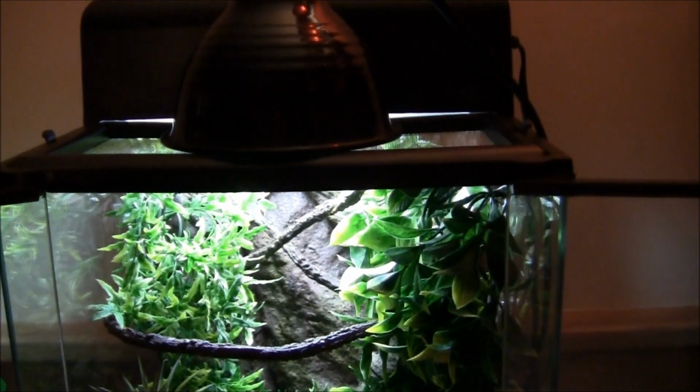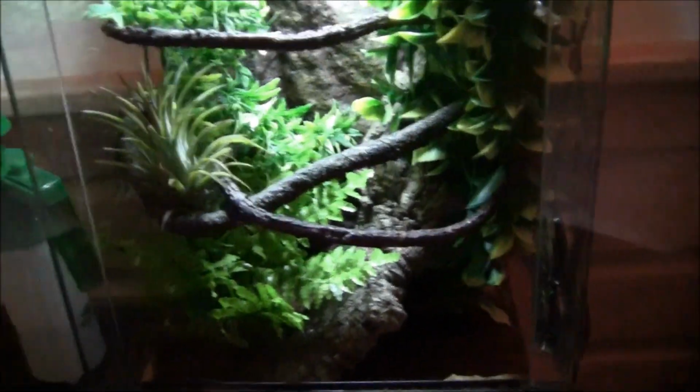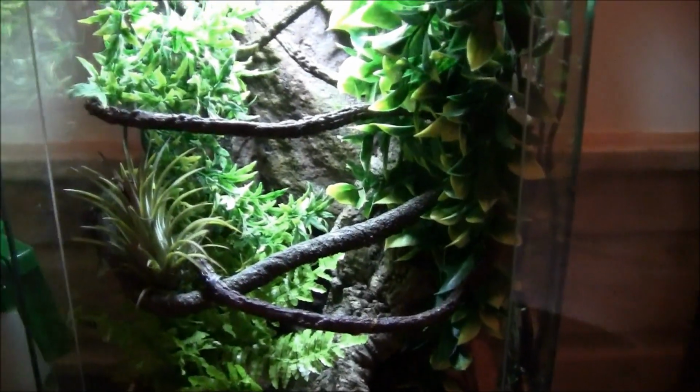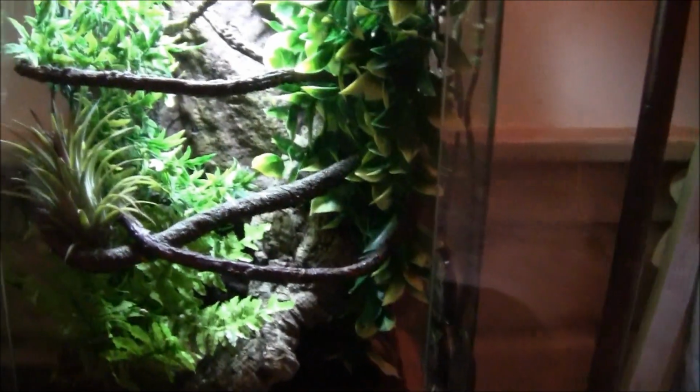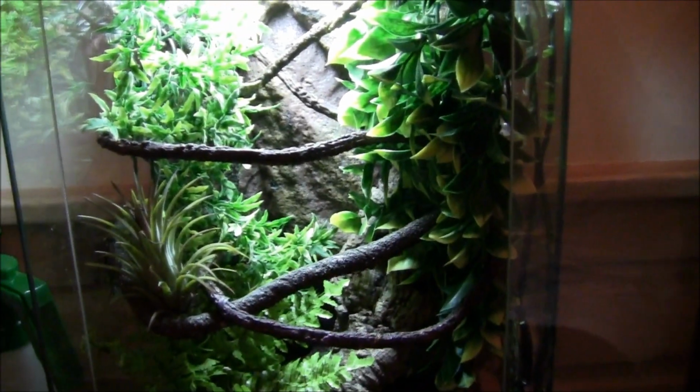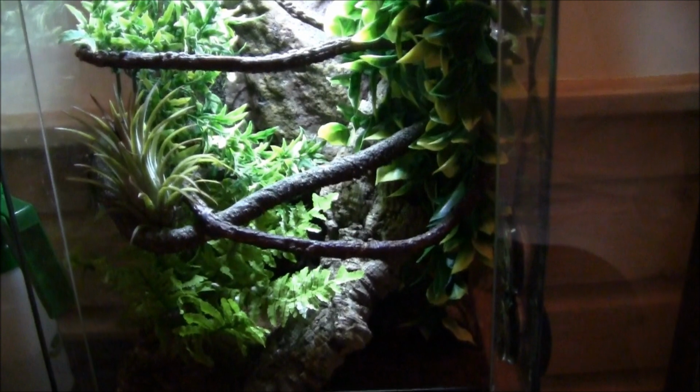It's an enclosure 18 by 18 by 12, which I like for a number of reasons: the doors, the lighting, and really the glass around. Really nice enclosure, and the minimum size for a single crested gecko. Now, I used all of the decorations that came in the enclosure,